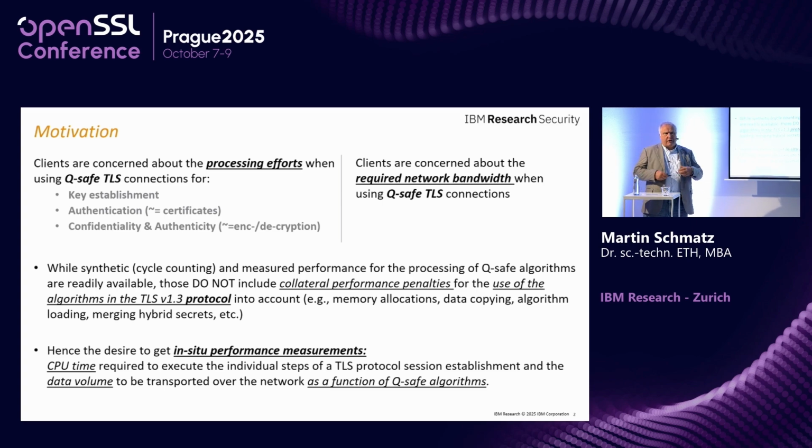So back then there were encouraging results from cycle counts, from synthetic performance measurements, and so on. But then at some point we said, wait a second, if you use these algorithms, ML-KEM, ML-DSA, in protocols, a lot of additional stuff has to happen. You have to allocate memory. If you have hybrid ones, you need to combine the two keys into one, and so on. So that was leading us to the motivation. We want to actually know how these individual algorithms perform inside the TLS 1.3 protocol, and that's what the talk